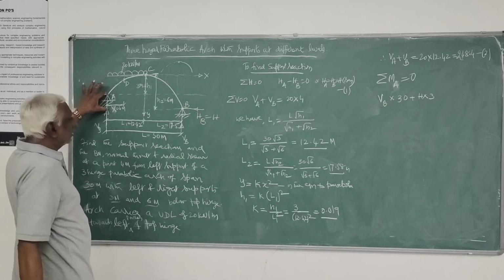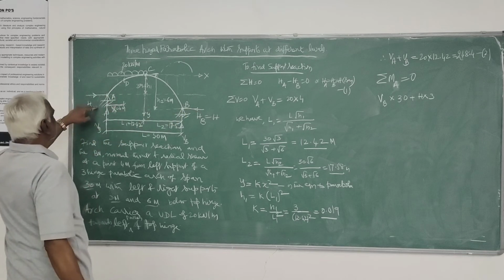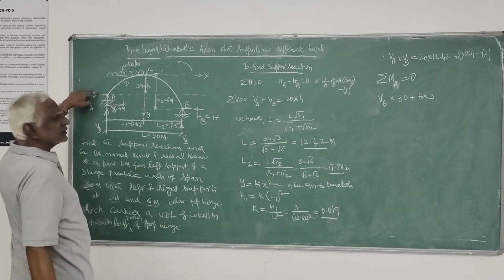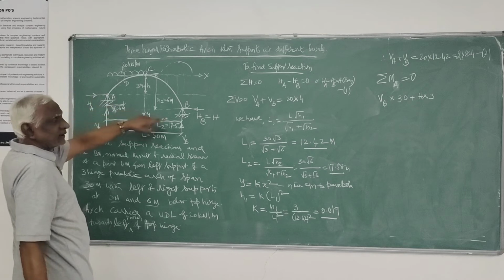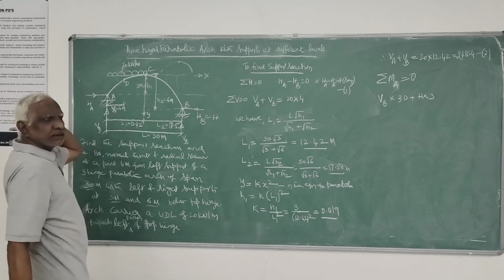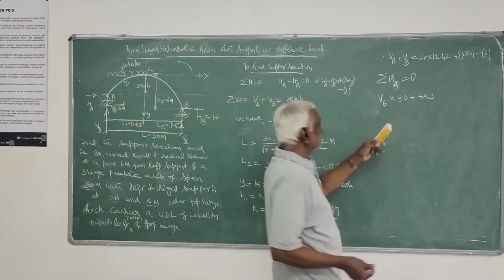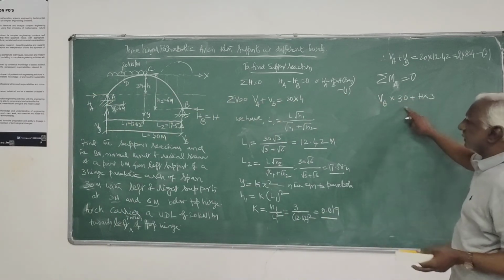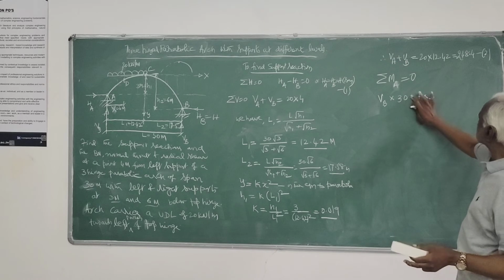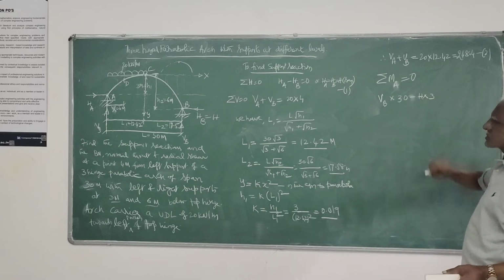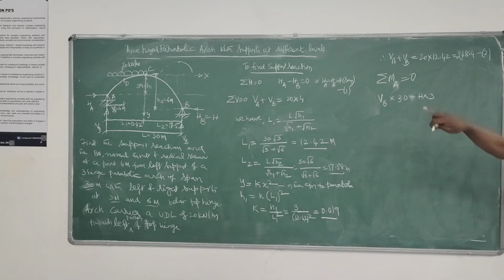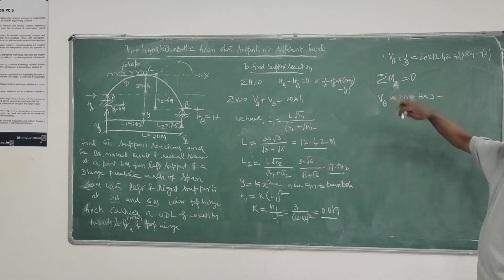We are taking moment about A, so this H will not give any moment. Only H at B will give moment about A, that you have to be very careful. Then VB into 30 is anticlockwise, and this is clockwise, minus H into 3. Then this load,